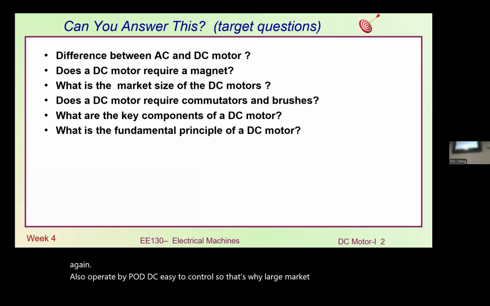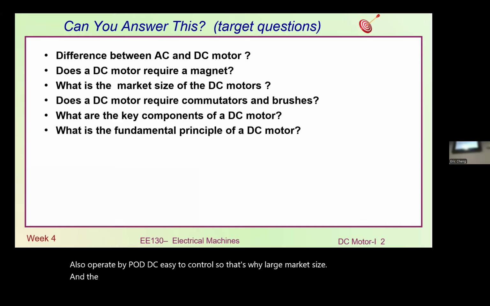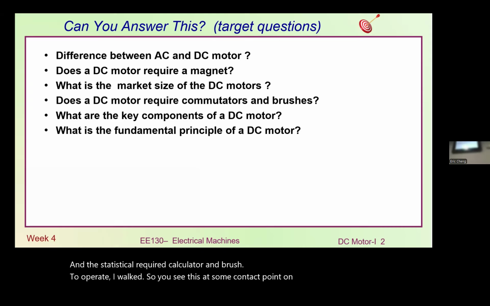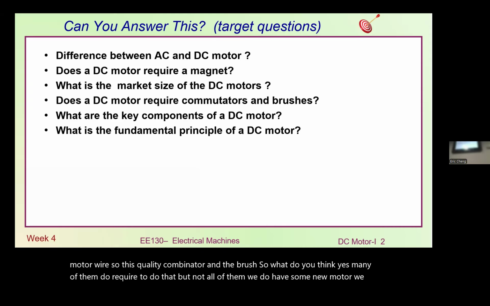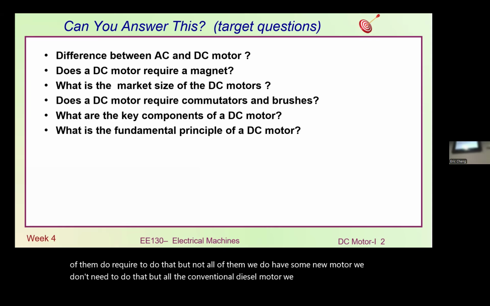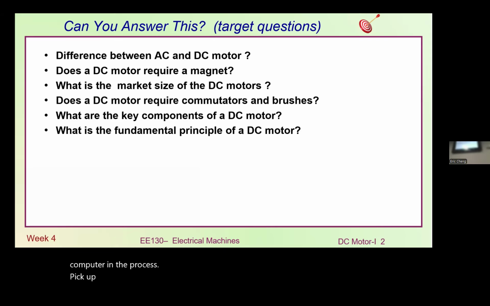And does a DC motor require a commutator and brushes to operate? You see there are some contact points on the connection to the motor wire. This is called the commutator and the brush. So what do you think? Yes, many of them do require that, but not all of them. We do have some new motors where we don't need to do that. But all the conventional DC motors require a commutator and brushes